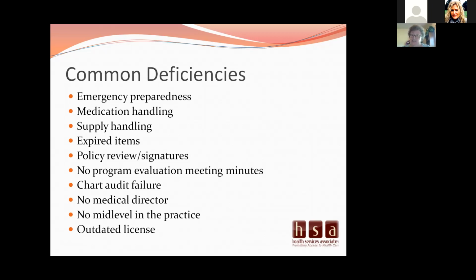So when Tressa took you through the emergency plan earlier this afternoon, if you look at all of those elements and the guidelines and add in all of the elements that she discussed, you won't miss anything that's in the regulatory guidelines. So you want to make sure that you have all of the pieces.